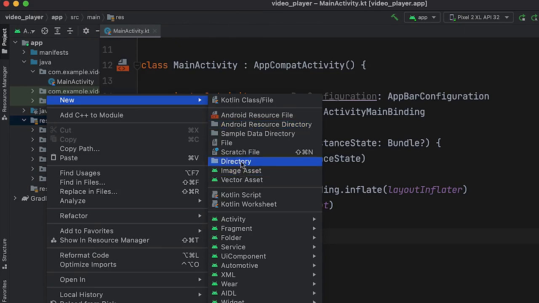Notice that there is also an option that says Directory. What's the difference? When I use a new Android Resource Directory, Android recognizes all files saved there as resources and assigns unique IDs to each item. These IDs help Android identify a resource whenever a developer needs to reference it. On the other hand, a directory folder is just a regular folder, and Android will not assign IDs to the